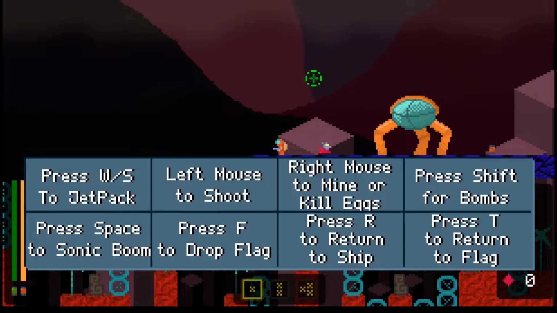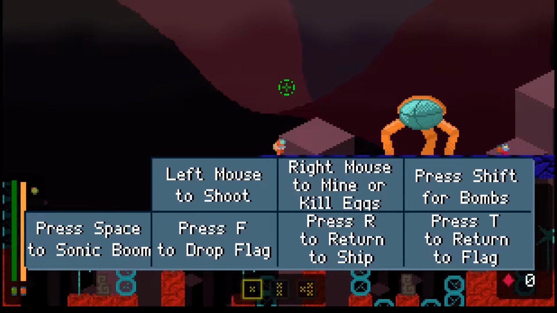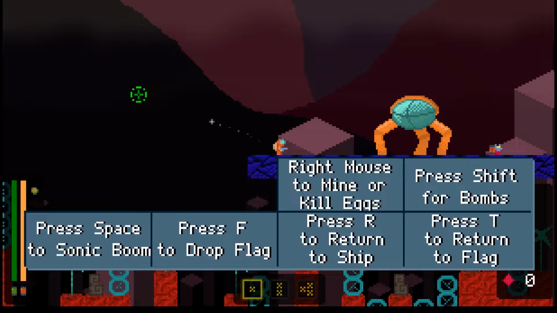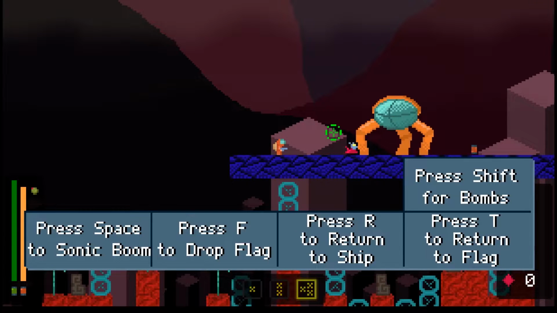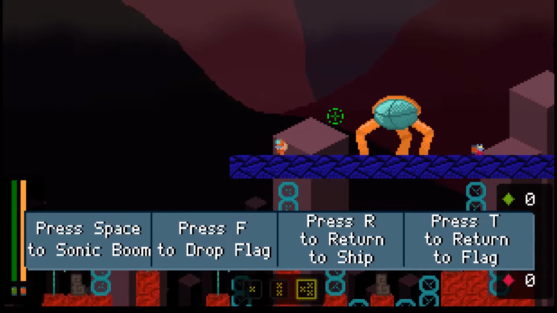Now, starting from the left, we have access to a jetpack, which we use to get around. We have a basic weapon, and there's 3 different fire modes. We've got our automatic weapon, our semi-auto, and a shotgun style or spread gun. We also have our mining laser, which in addition to being able to mine the ground, we also use to destroy certain enemies. And our bombs, which are very useful for killing some of the bigger enemies in the game